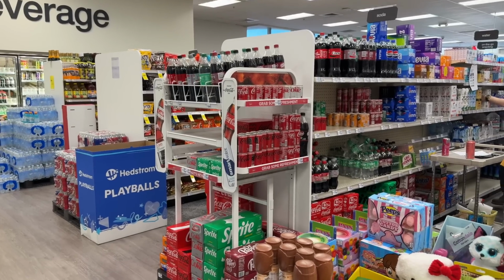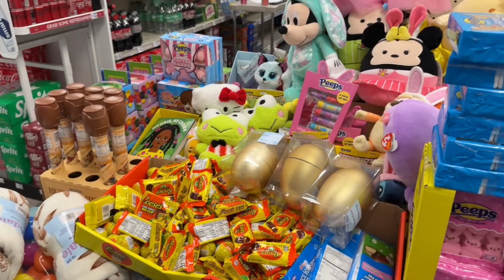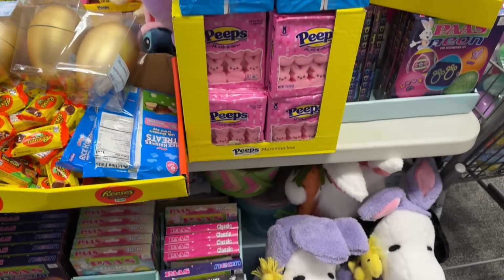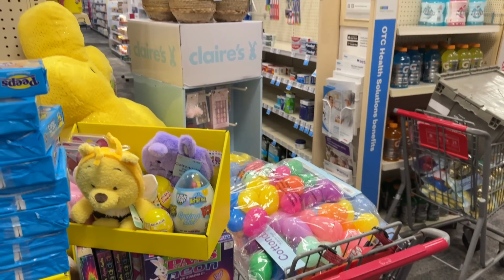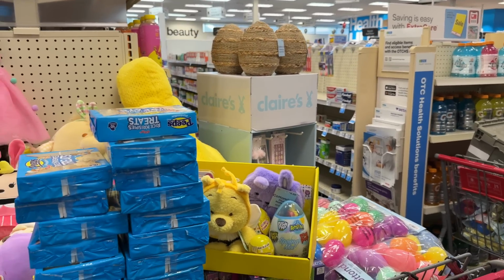You guys, CVS Easter clearance has hit 75% off for all the toys and items, and it's still 50% off for the food and the candy. My store didn't have a lot in the seasonal aisle anymore. They're clearing that out, but they did have a lot in the back of the store by the food and the soda. So definitely check it out if you're interested in getting any decorations for next year,